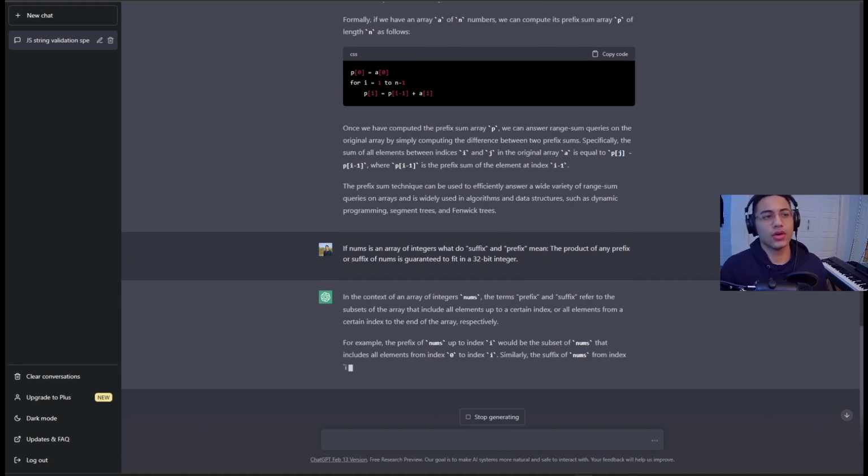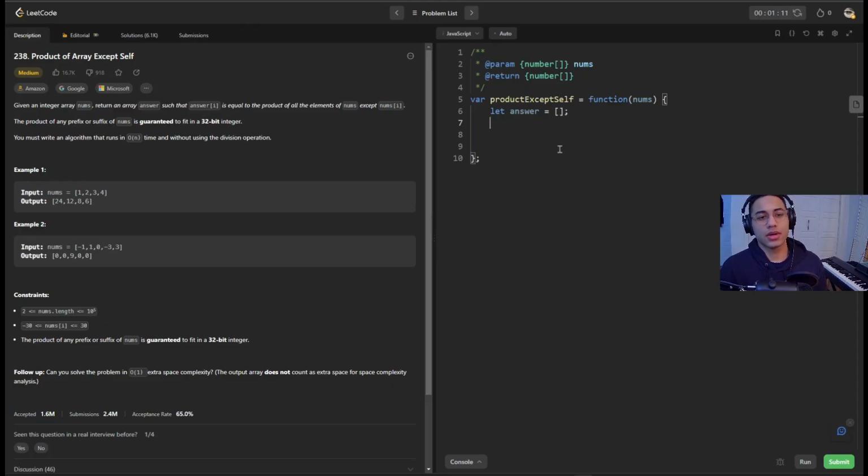I see. Oh, I see. So it's probably going to be like the suffix and plus the prefix given an index, and then you add the two together. You get the answer, right? But how do you calculate that? So